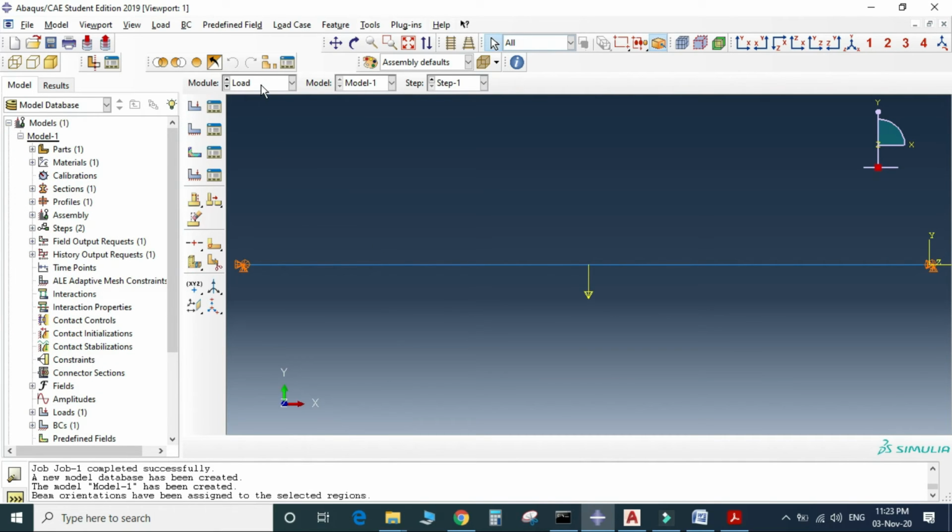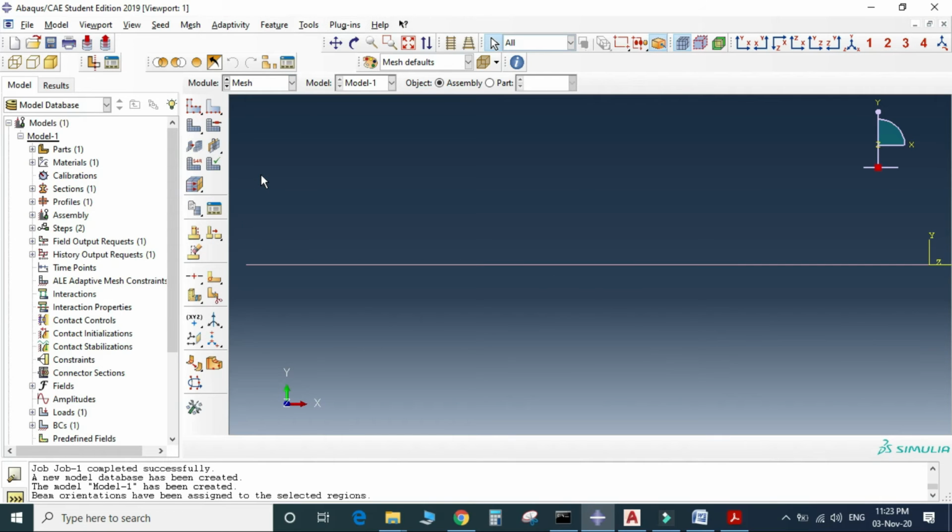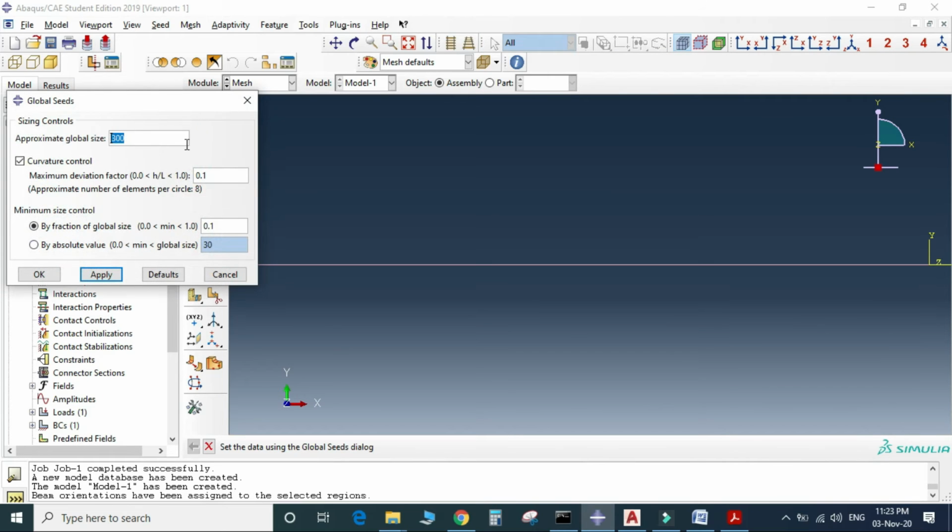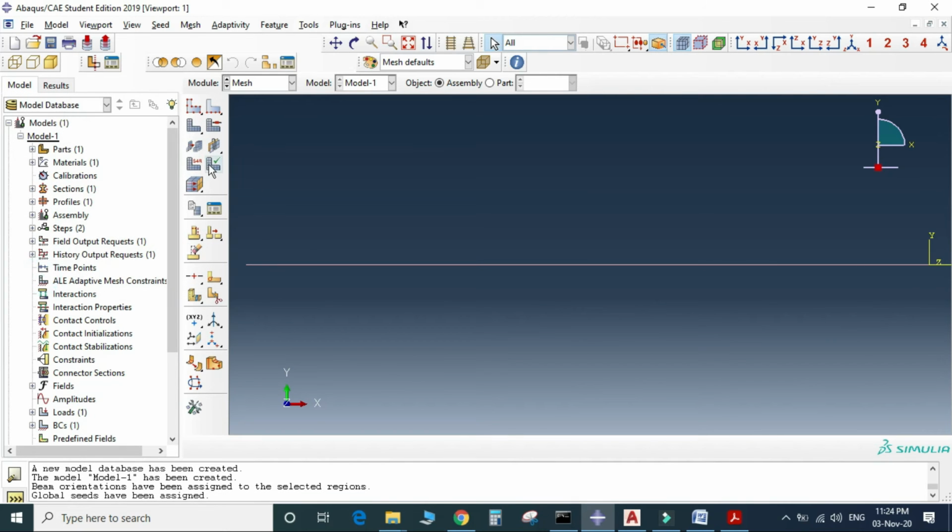Then go to the mesh. So select the part instance. So approximate global mesh size 50 mm. Apply. Okay, then assign mesh controls.